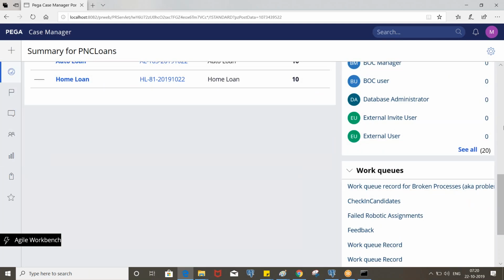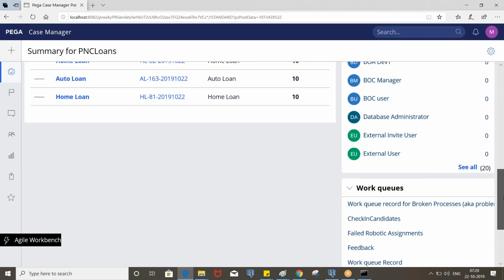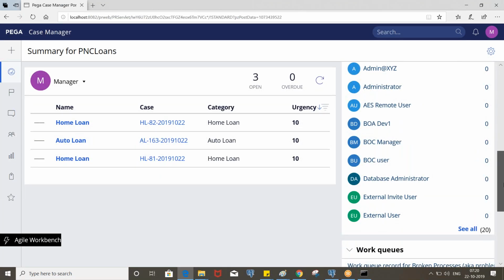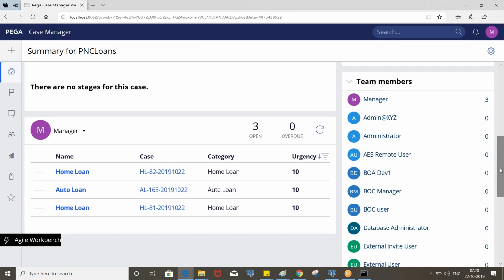Will Get Next Work use only urgency as a parameter or any other field as well? Yes, it will consider other fields also. We'll discuss that. There are some fields available in the operator profile.